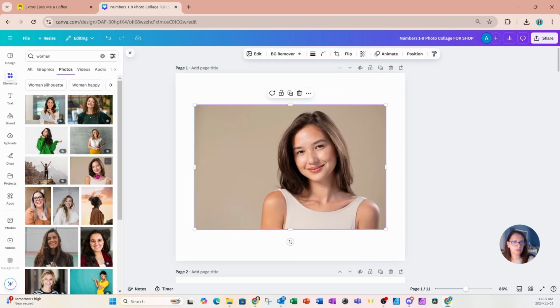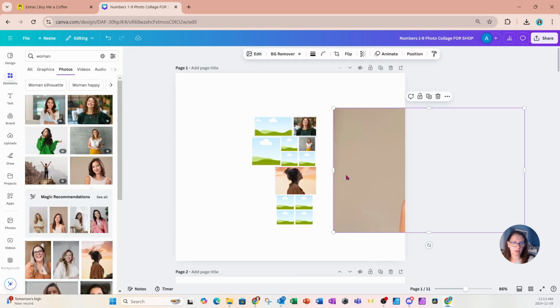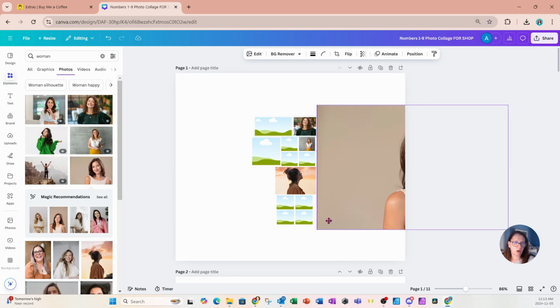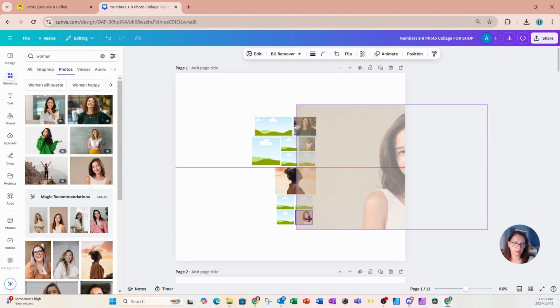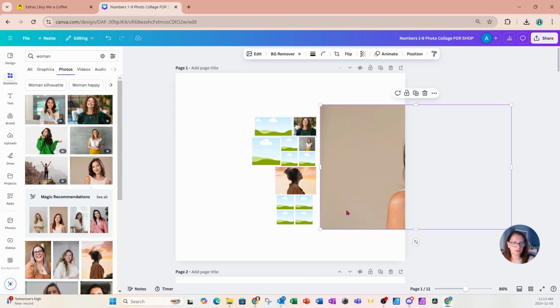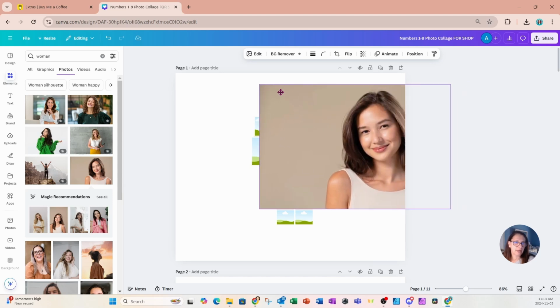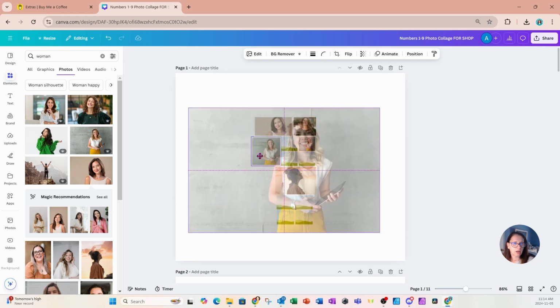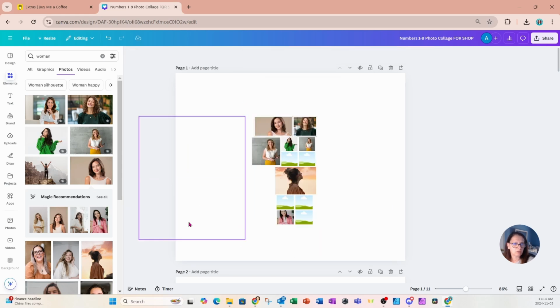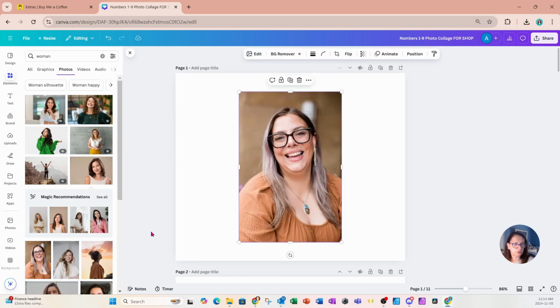Now, one tip I have for you is when you are working with images, if you grab the image and with your mouse you hover over a frame, it's going to automatically want to go into that frame, as you see right there. So if you want to put this frame into this image, just grab it to the top, at the top, and work your way in around, and then you can release it and that will go into the frame. Now, once you have all of the images filled with different photos,